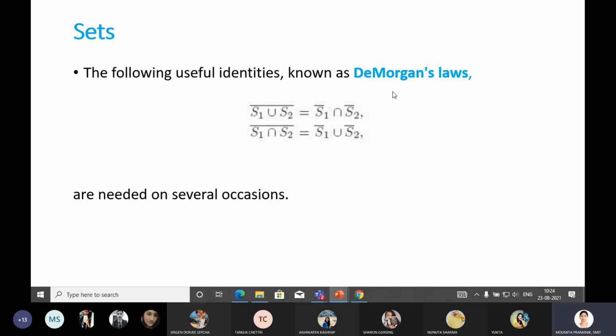Okay, so for the time being, you remember De Morgan's law: the complement of the union of set S1 and set S2 is equivalent to the intersection of the complement of S1 and the complement of S2. And this is the opposite one: the complement of the intersection of set S1 and set S2 will be the union of the complement of set S1 and the complement of set S2. Okay,